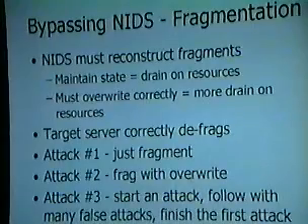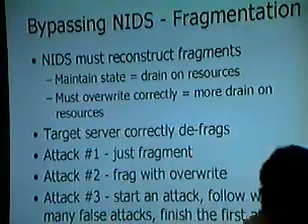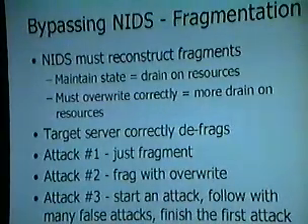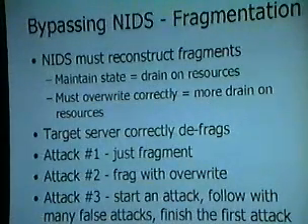If you can find an anomaly where the network IDS is reconstructing the data differently than the target host is, then you can actually use this to your advantage by sending in data that will get incorrectly reassembled. And third, in a perfect world where all these network IDSs reassemble traffic exactly the way they should, you can